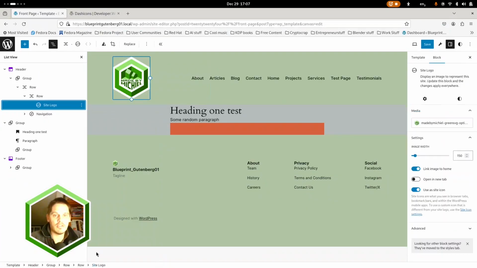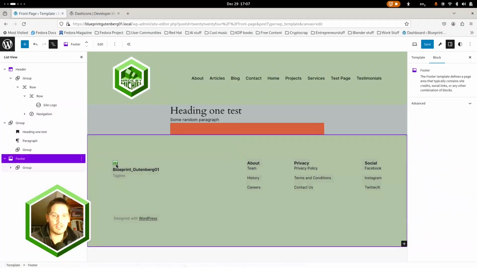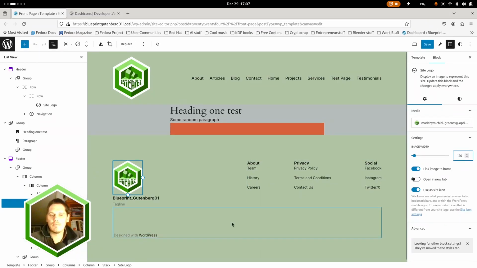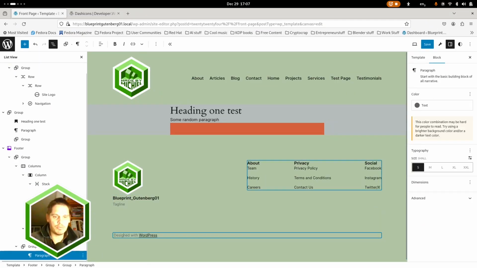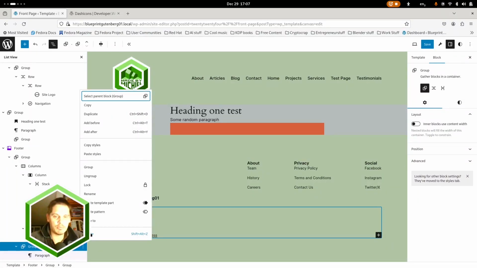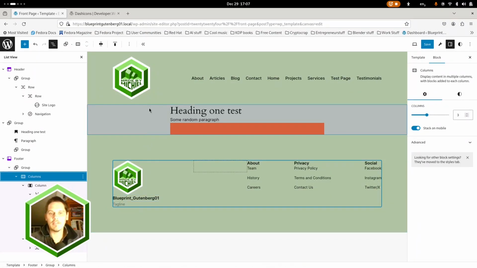I'm gonna delete the site tag. I don't need that. And here in the footer, you can see the logo again. Make that 120 or something. There you go. Also, this group designed with WordPress. WordPress is awesome, but I generally don't need this part here. So delete that. So now we have our header section, we have our main content section, we have our